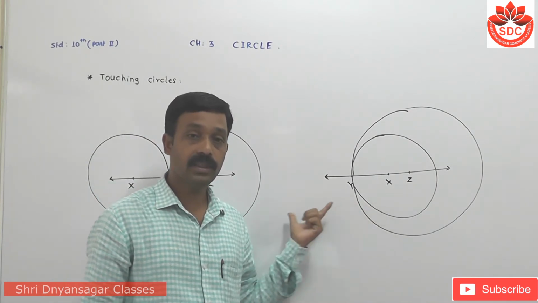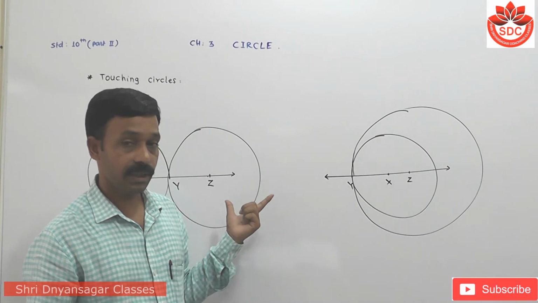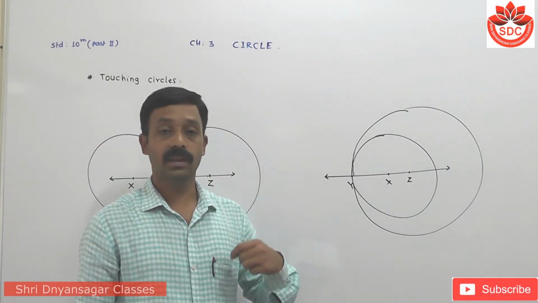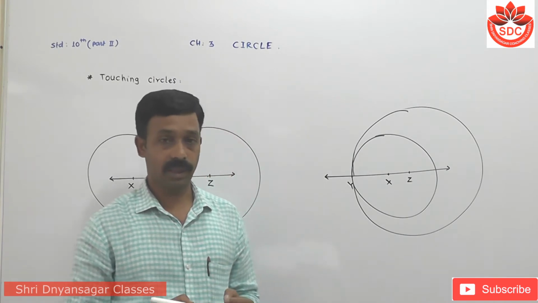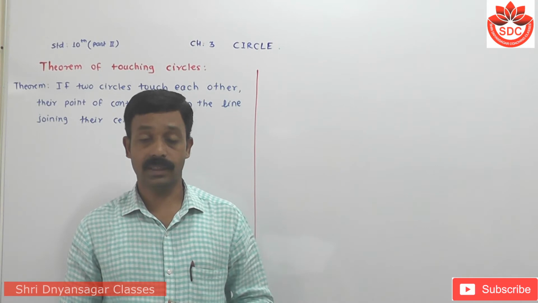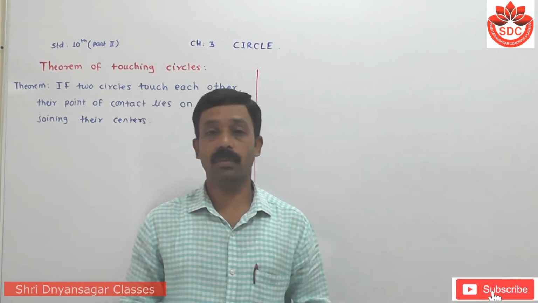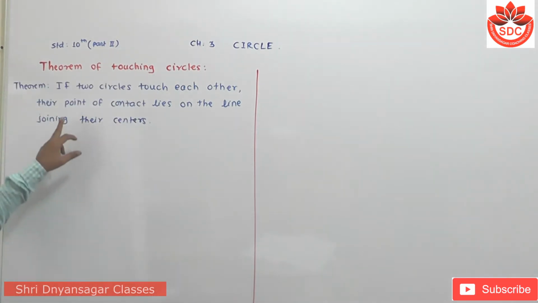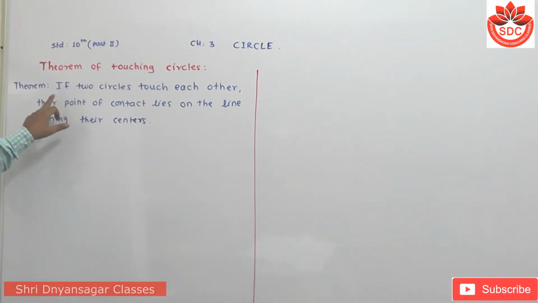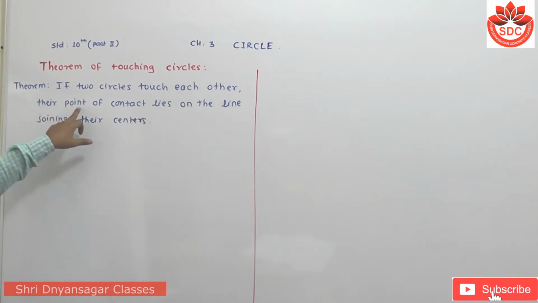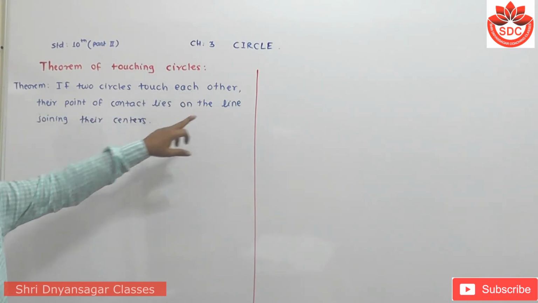Can you understand these two types of circles, internally touching circles and externally touching circles? Okay, we see the next theorem, a very important theorem. The theorem is that if two circles touch each other, then the point of contact lies on the line passing through their centers. I repeat, if two circles touch each other, their point of contact lies on the line